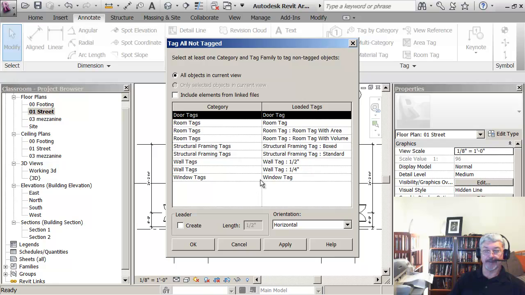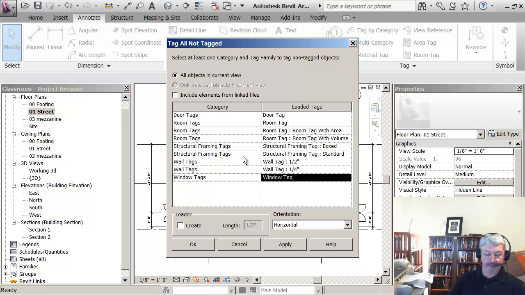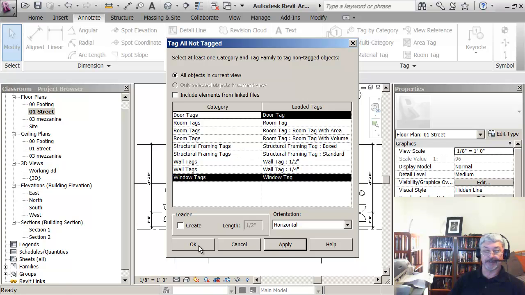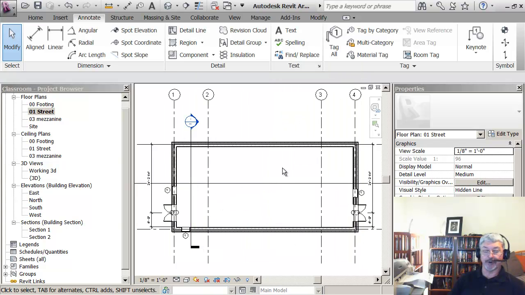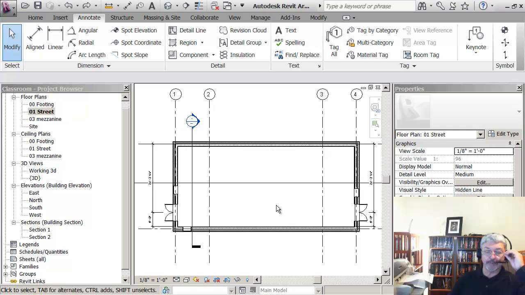If I pick window tags and hold the control door tags and say apply, OK, I can put them all in the view. I'm going to undo to take them out again. So I've got windows and doors that I place, and the other thing I want to show you here is